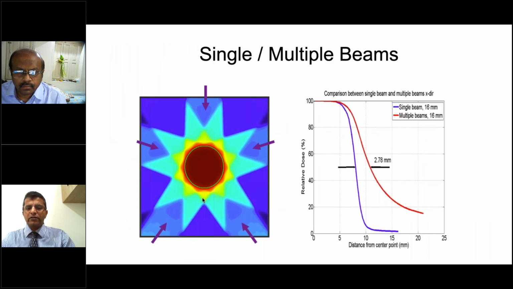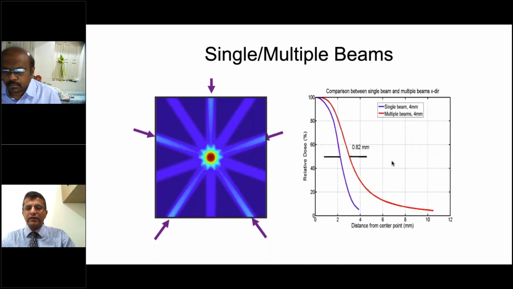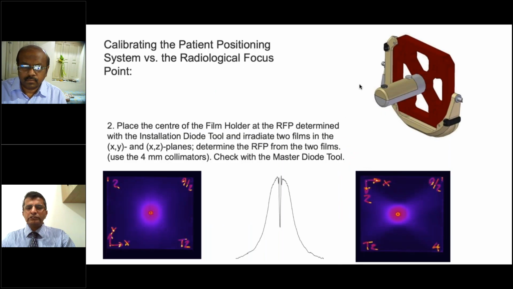Here we could see that single and multiple for the 16 mm collimator, which is the reference, has a difference of 2.78 mm. At the same time, the difference for the 4 mm is only 0.82. So this is how these systems are calibrated at the time of installation. And there is a special film holder which is provided by Elekta. We take the exposures for the X, Y, and XZ planes to determine the radiological focal point